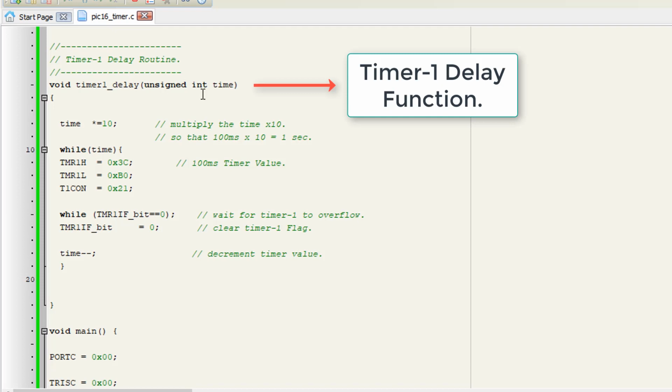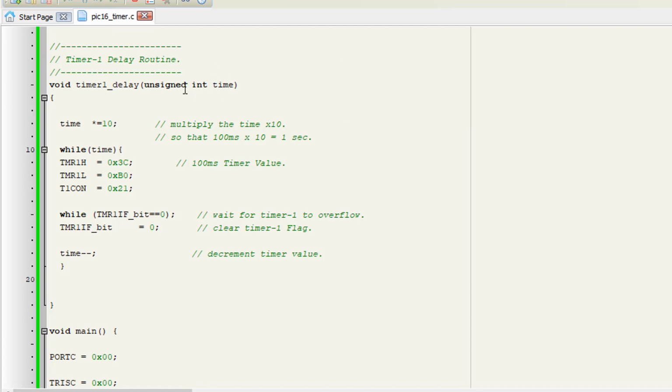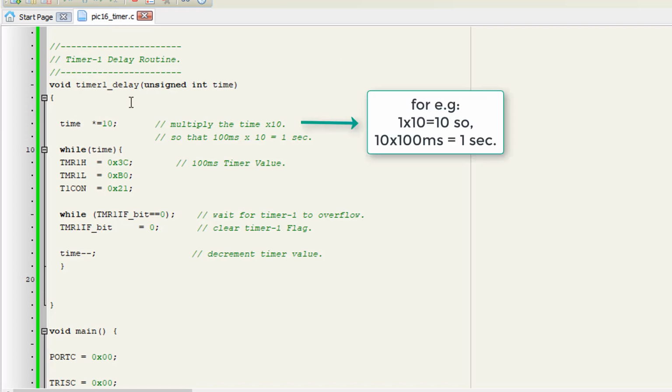In the timer delay function you have seen that I have passed the timer value here, which is an unsigned integer value of time. When I pass the timer value, first it will be multiplied by 10. For example, if it is 1, then 1 multiplied by 10 is equal to 10.